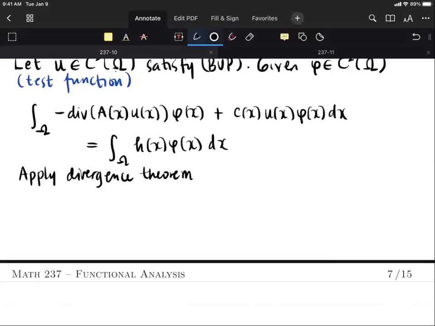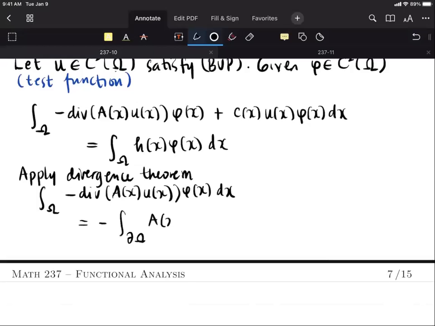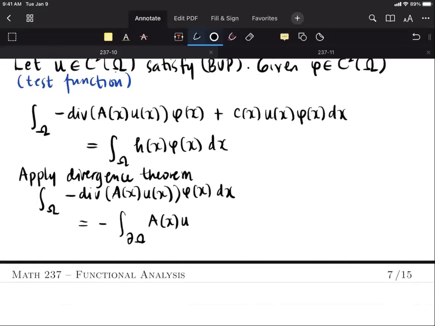So using the divergence theorem in vector calculus, you will get the first term is equal to the negative of the boundary integral of A∇u · μ(x) φ(x) dx